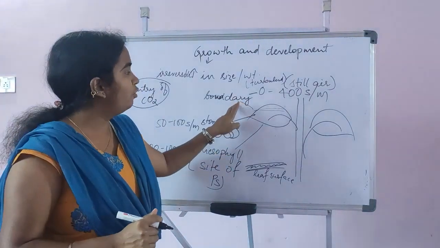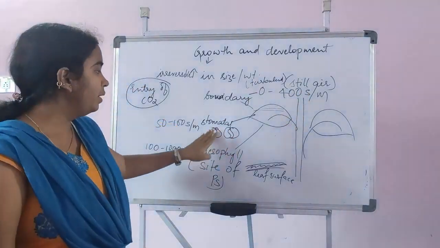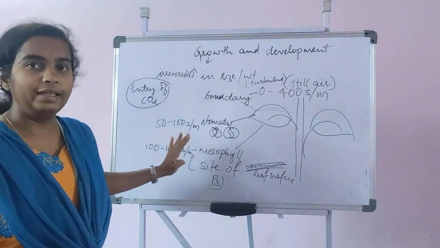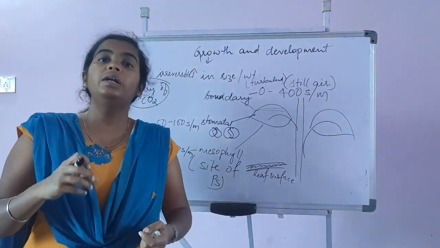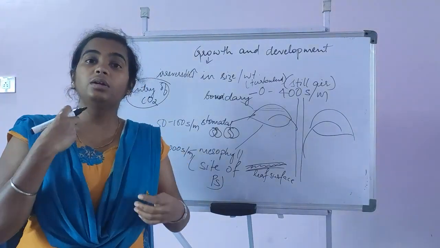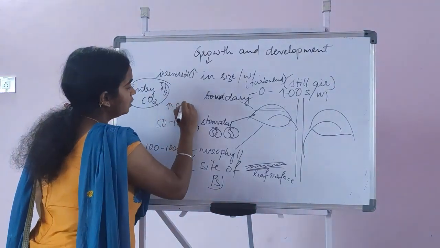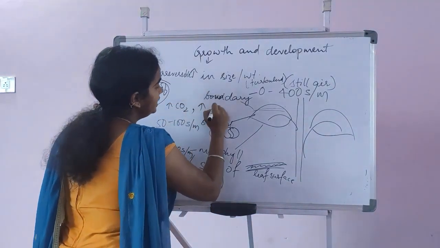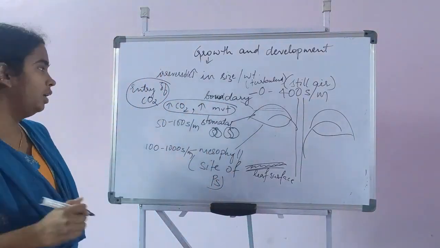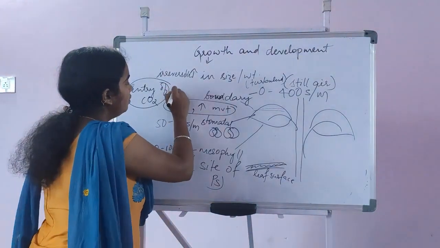As I have explained for the boundary layer magnitude and how we have to interpret it, similarly for stomata and also mesophyll, it is the same to interpret. It means when the carbon dioxide is high in the atmosphere, then it can enter into the plant very quickly. That means higher the concentration of CO2, higher is its movement. This we can conclude.